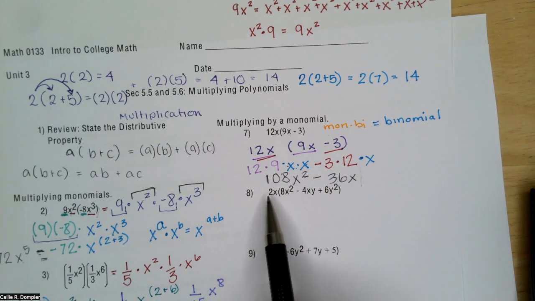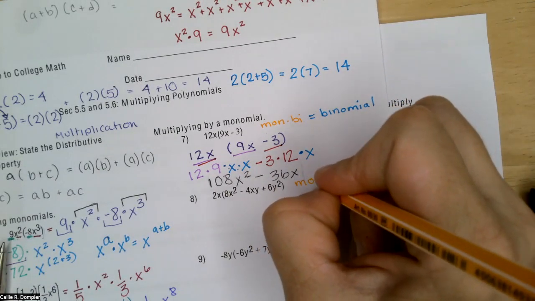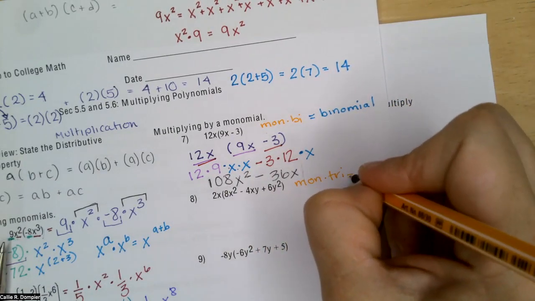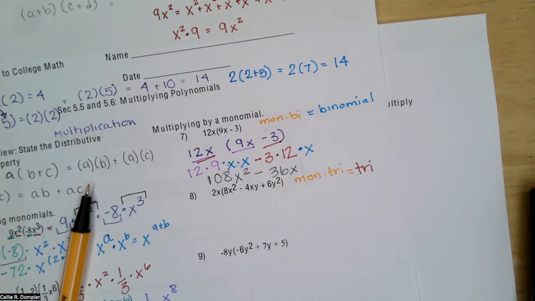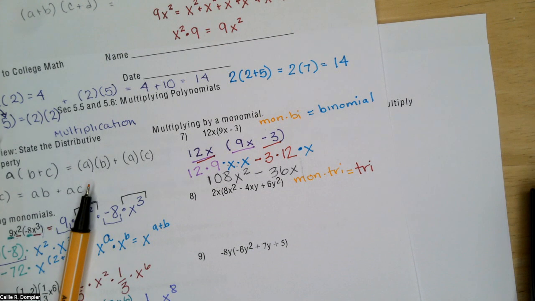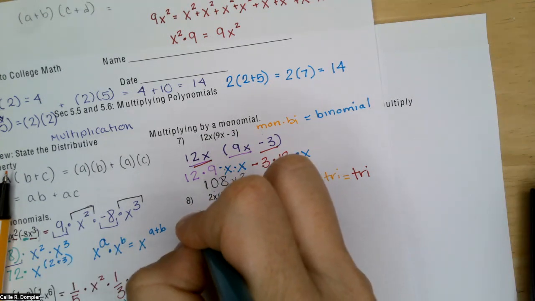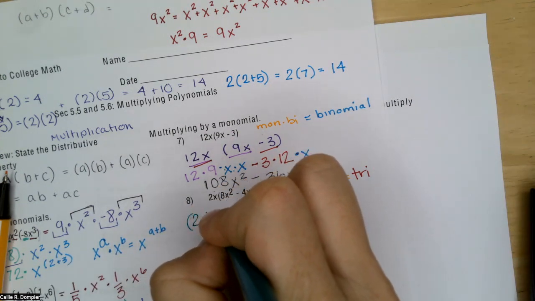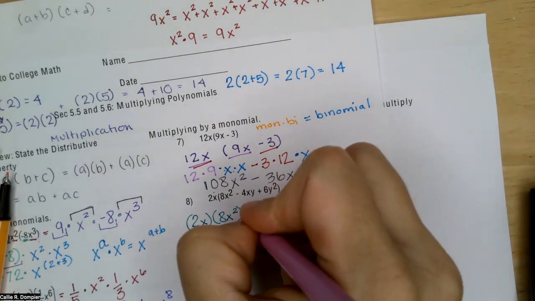Here we have a monomial times a trinomial. Leave me with a trinomial. I should have 3 numbers at the end. I should have 2 signs, either 2 addition signs, 2 subtraction signs, or an addition sign and a subtraction sign, okay? So very carefully, 2x times 8x squared, you can just say plus